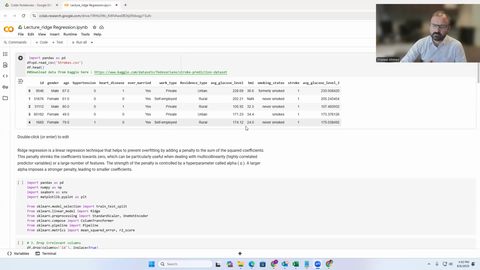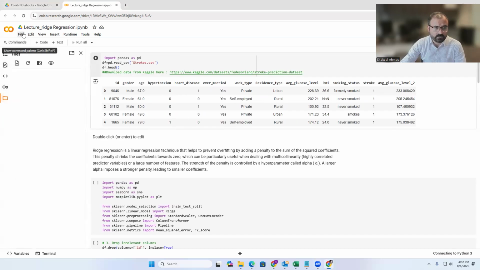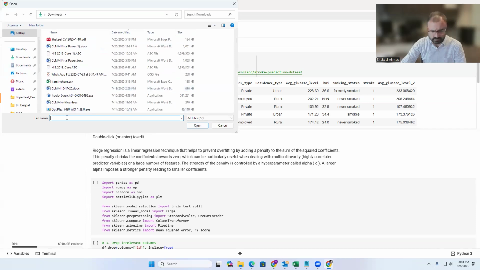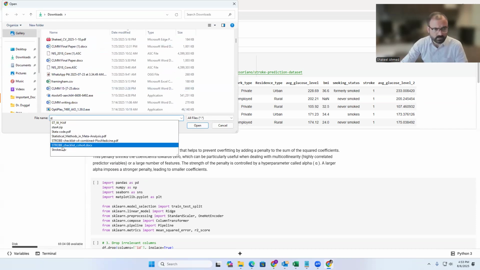So we start with the strokes prediction data set. The dependent variable I will take here is the average glucose level, and we will select different predictors available in this data set. So we will just upload the strokes data. Okay, upload from here. This stroke data,